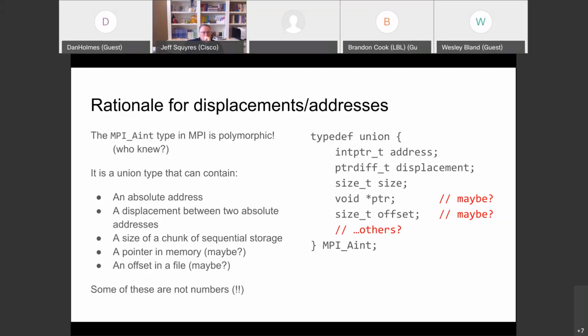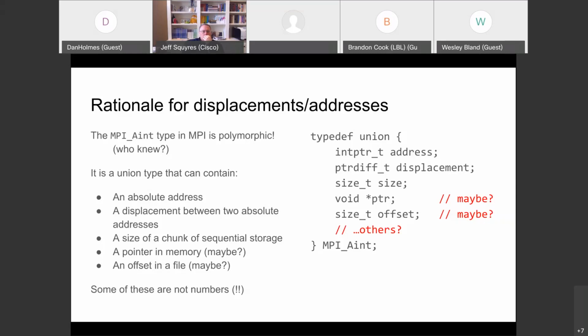If you had an MPI_Aint, conceptually at least, you could access the address field of your union, and it would give you a bit pattern that represented an actual address, a location in memory. You have no idea what the format of that bit string is.